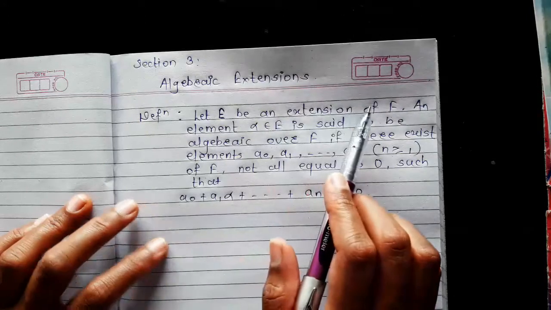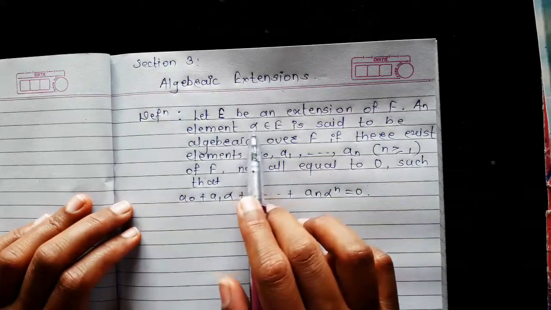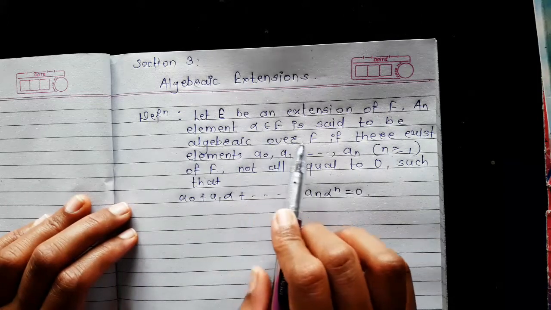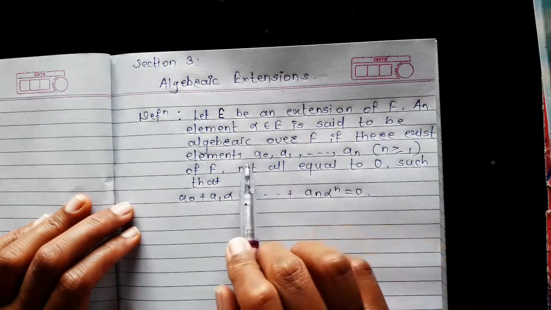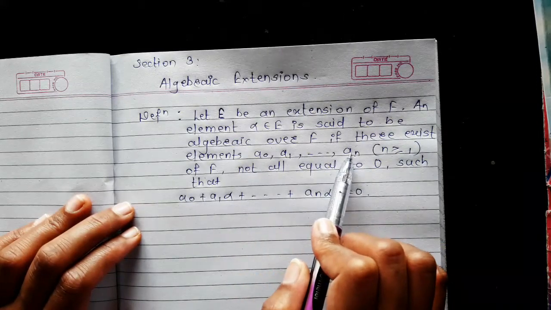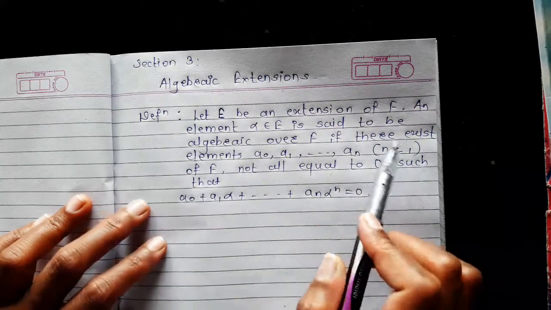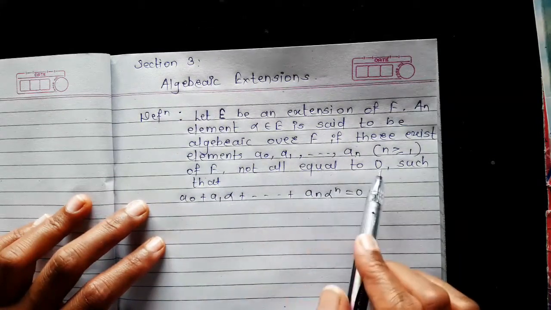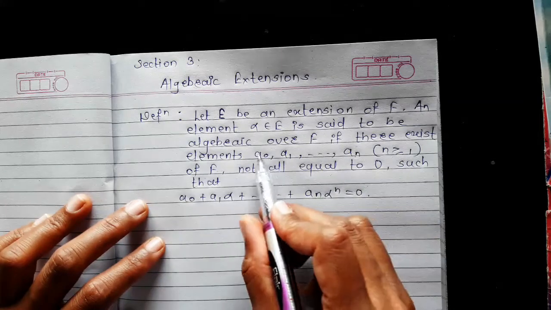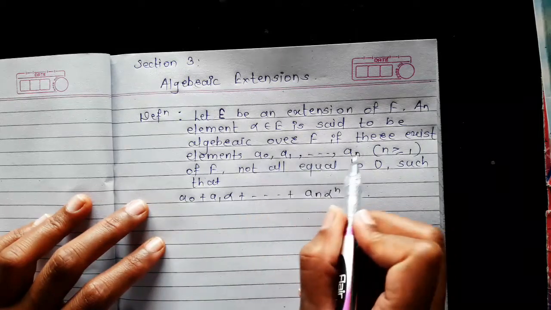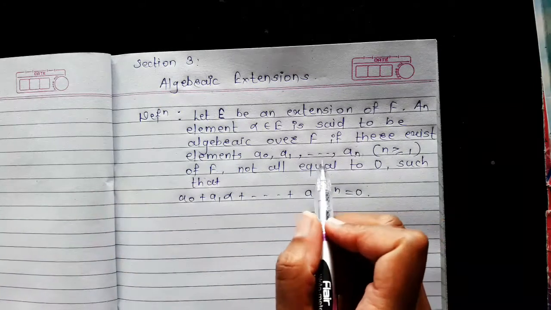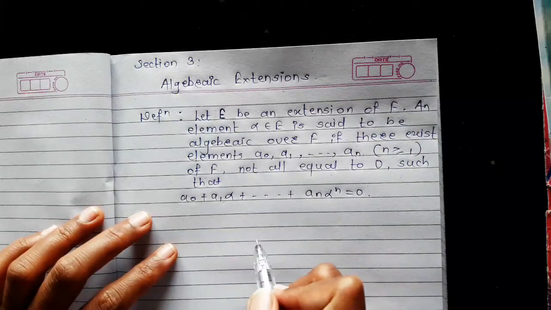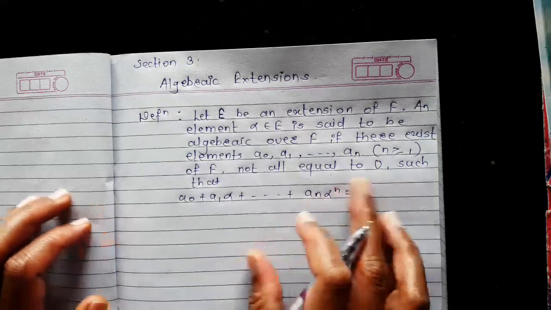If E is an extension of field F and element alpha belongs to field E, we can say that this alpha is algebraic over field F if there exist elements a0, a1 up to an, where this n is greater equal 1, and a0, a1 up to an are the elements of field F, not all equal to 0. It means at least one element among these n elements is non-zero, such that a0 plus a1 alpha plus up to an alpha raised to n equals 0. For example,